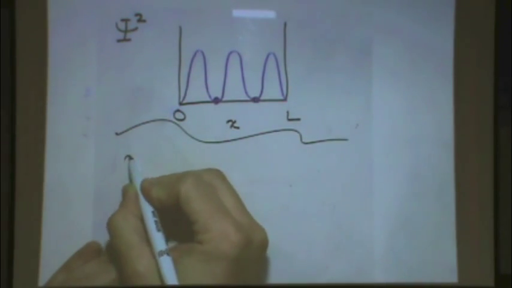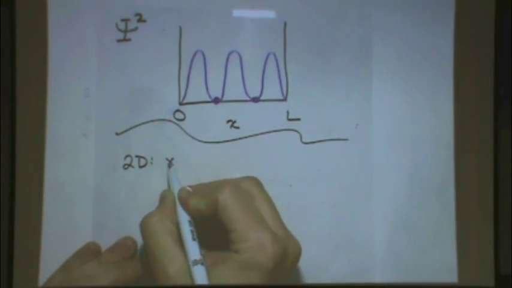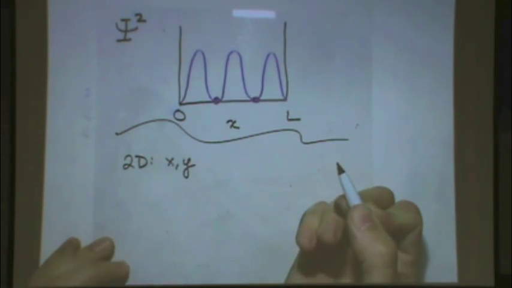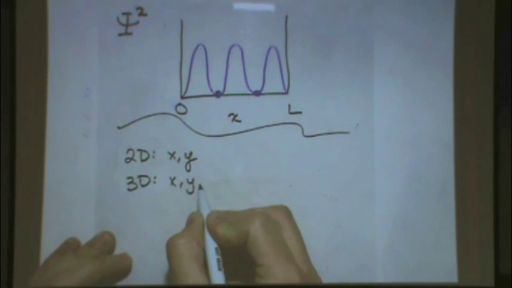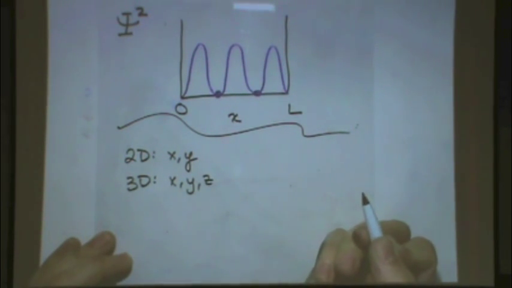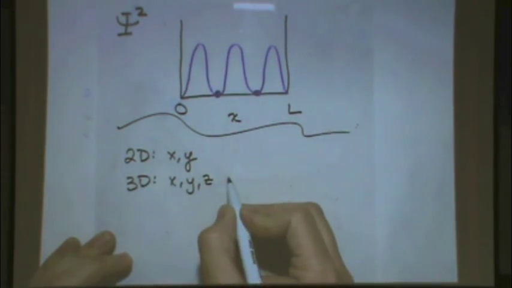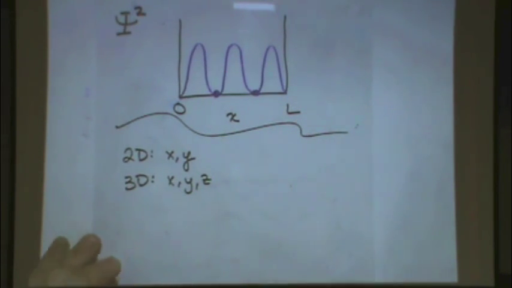Okay, in 2 dimensions, you have the x and the y-axis. Is that okay? In 3D, you have the x, the y, and the z-axis. But that's Cartesian, and that's so boxy, meaning it has right angles. However, these electrons move in a curvaceous manner. They have a lot of curvature. So it's,